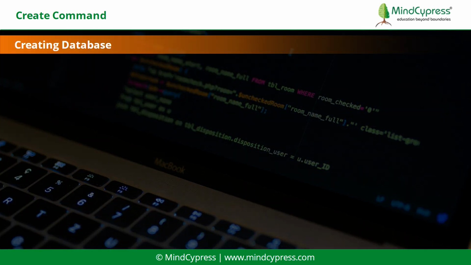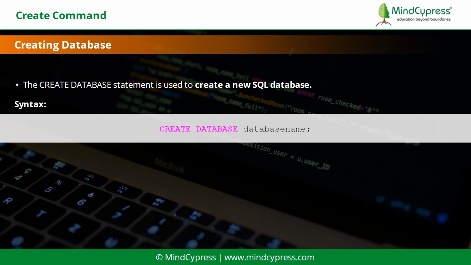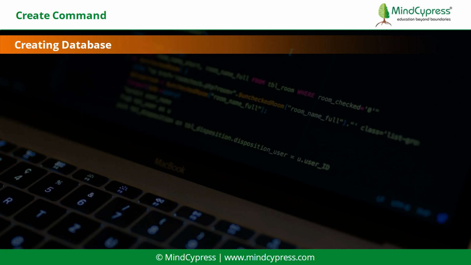Creating database. The create database statement is used to create a new SQL database. Syntax is: the semicolon character is a SQL statement terminator. We will create a database called customer_info. Syntax is: